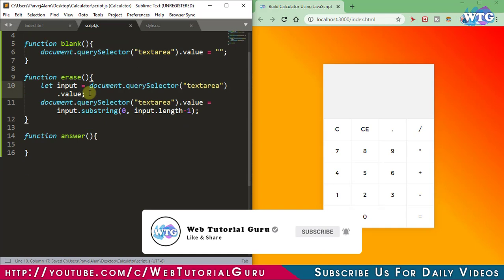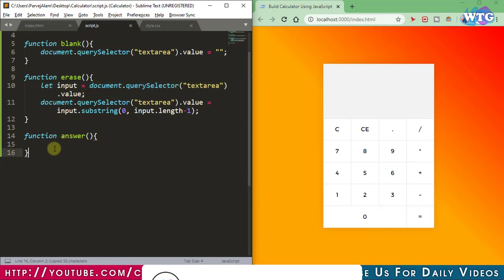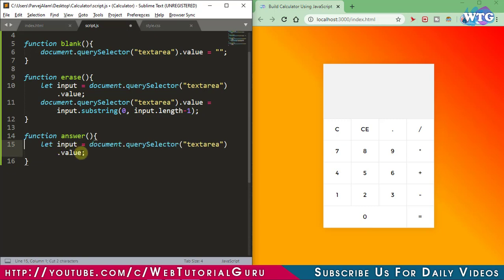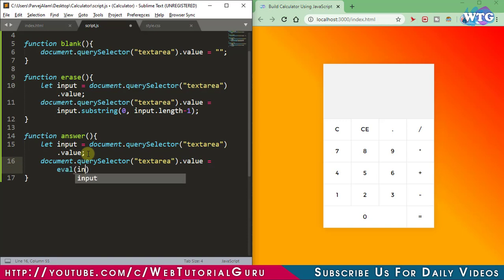Copy this line, paste it here. Now again copy this line, paste in the next line, and equals to eval input. It will evaluate the value and assign it to the text area. Now let's check this. I think it's working fine.